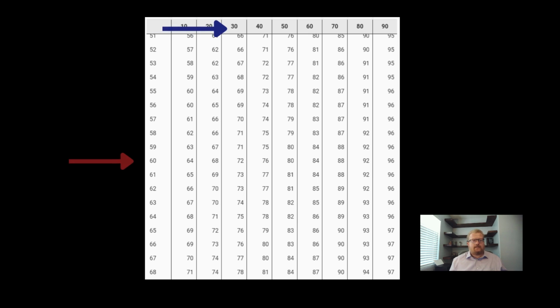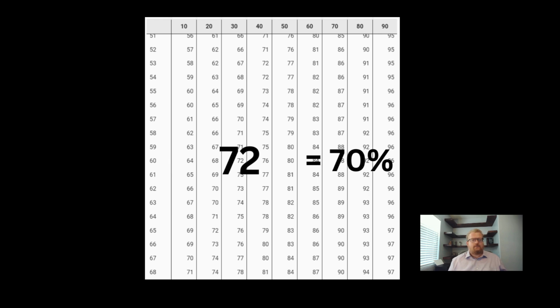So let's start with the 60 down the side on that left side there. We have our 60. Now we move it over to where the 30 is and we make a meet. So, just like the beginning paragraph had told us, we would find the number 72. So now we have 72. We don't have any more disabilities at this point to calculate, so we do our round. We round down as we're below 5. Therefore, the total combined evaluation, or the combined rating in this case, would be 70% for a